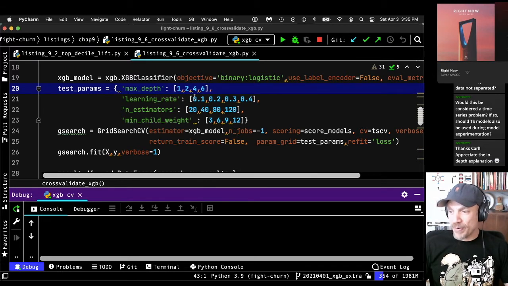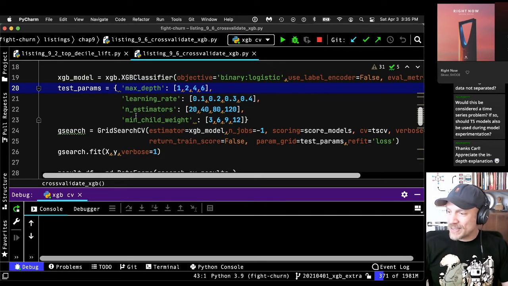The learning rate has to do with how aggressively it tries to correct the errors. And so the lower the learning rate, the less aggressive the error correction is going to be. And the higher the learning rate, the more aggressive the error corrections are going to be. And that can be good, but it can also lead to more overfitting.